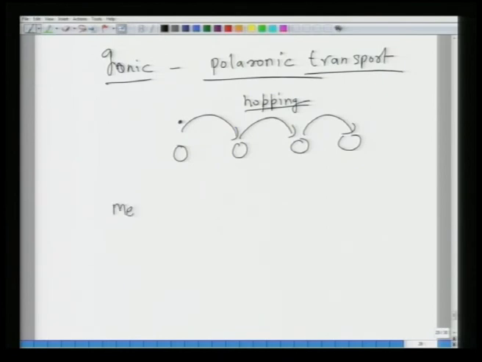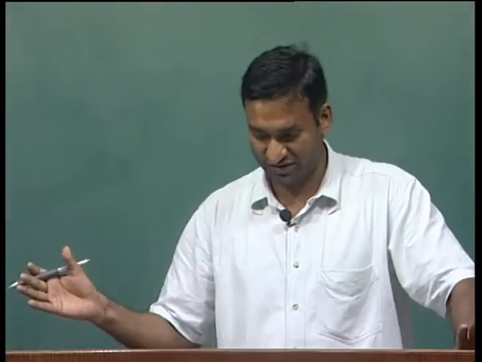In case of metals, it is band transport, which means electrons travel within the energy bands. If you go into the band theory of metals, you will find the reasons for band transport, but at the moment let us just stick to the fact that electrons tend to move within the bands, that is, under different energy levels. So, there we are not looking at the conduction as a function of the transport distance.